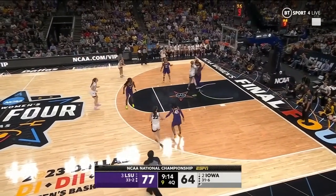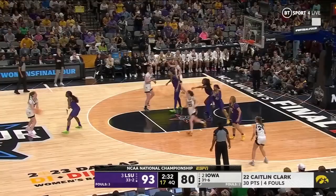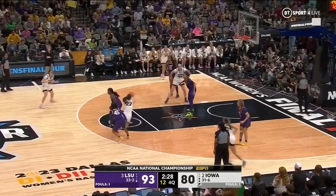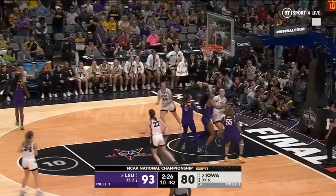Dumps it in. O'Grady gets hit on the arm by Williams. Calling for it. Has it. Morris up in her space. Clark through the lane. Nice delivery, and O'Grady